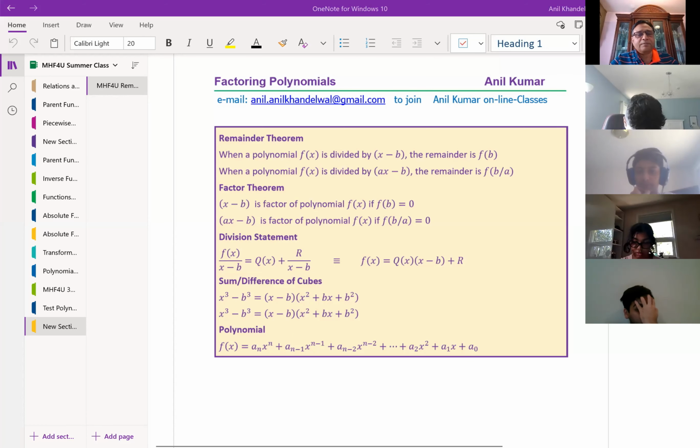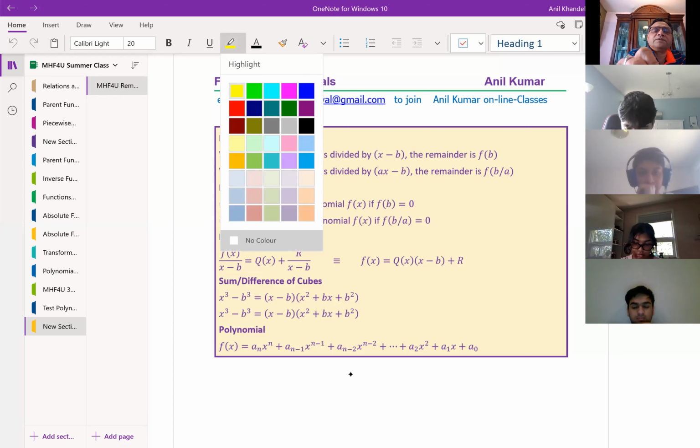So as I was saying, we'll talk about remainder theorem, factor theorem. We have also looked into the division statement. We did some examples while dividing the polynomials, and we figured out that difference of